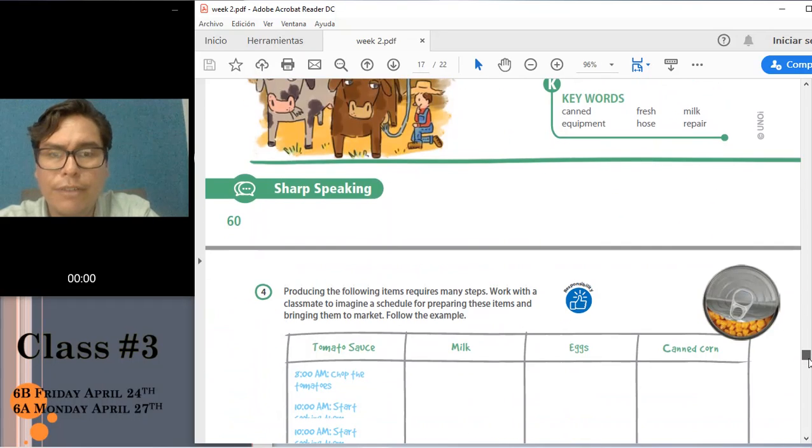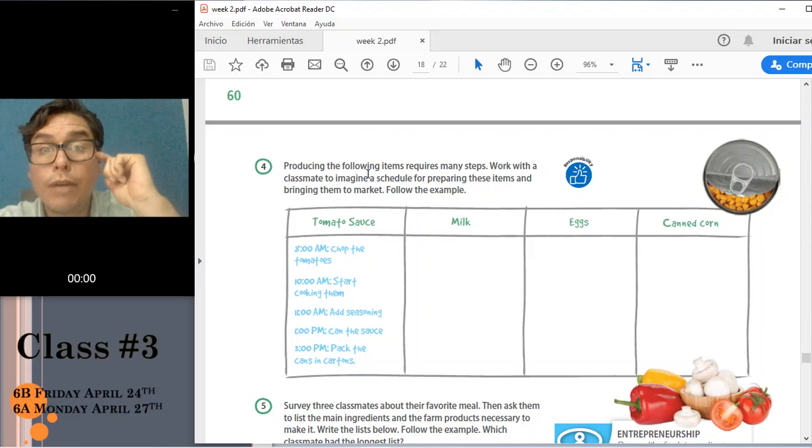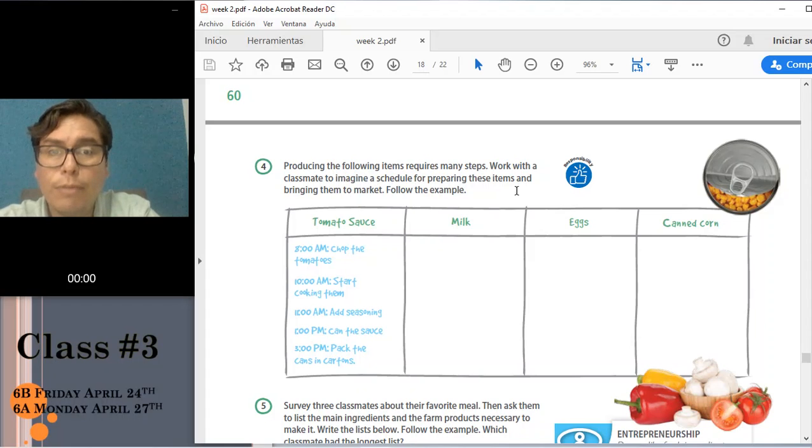It's a verb. In activity number 4, it says producing the following items requires many steps. Work with a classmate and imagine a schedule for preparing these items.